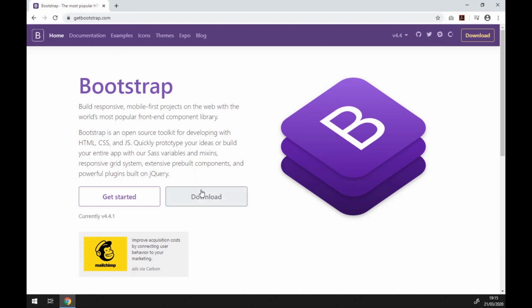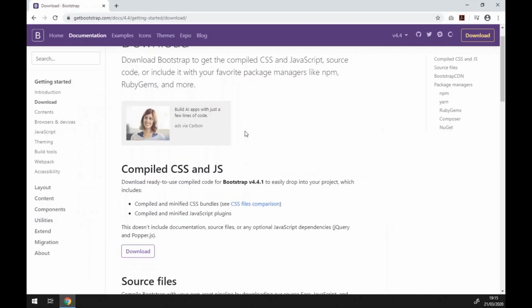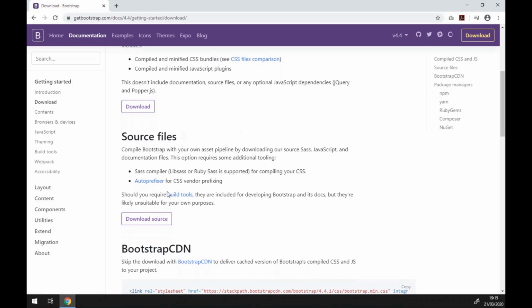There are different ways that we can download Bootstrap. The reason why we're going for the source files is because we want an unminified version. Now, in terms of minification, what that means to us is that if we were to show you a CSS file or HTML file on the screen, you'd notice that you'd see different lines in there. So you'd have, for example, an opening P tag for a paragraph and a closing P tag, possibly on separate lines. Minification just removes all those spaces, all those blank lines, or anything that could be construed as being space